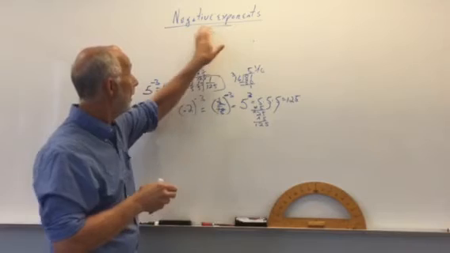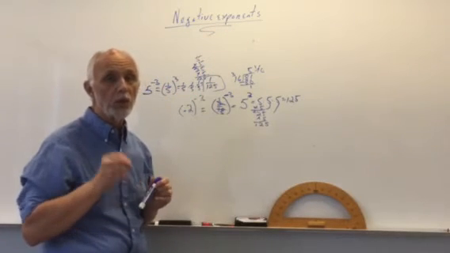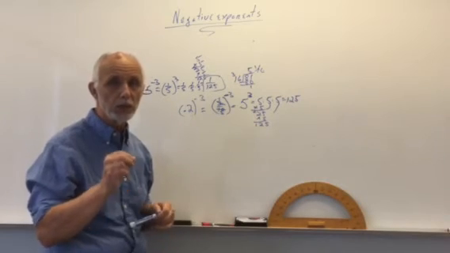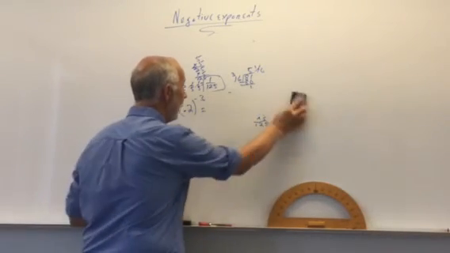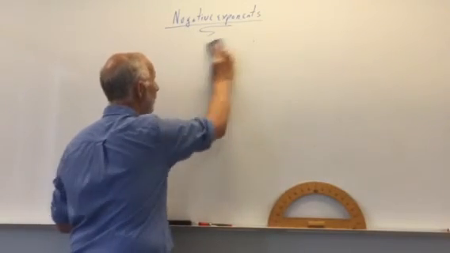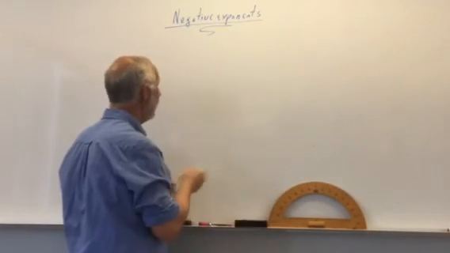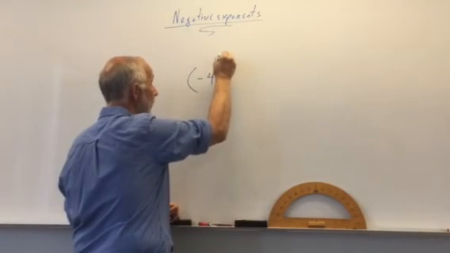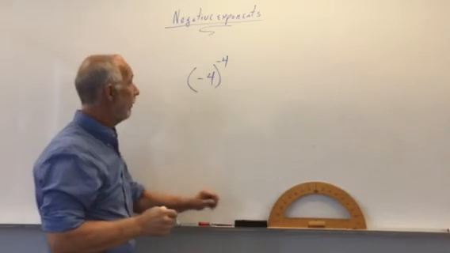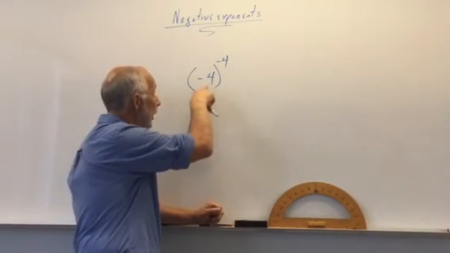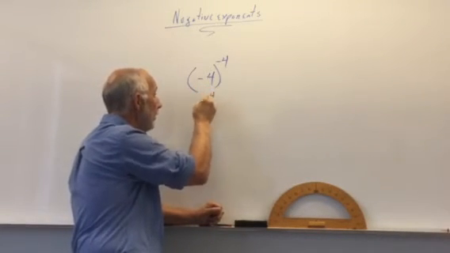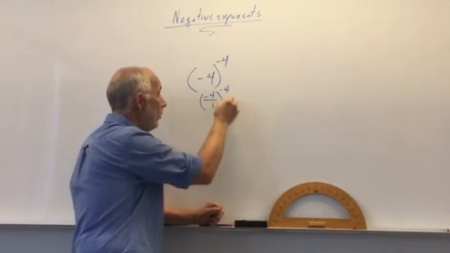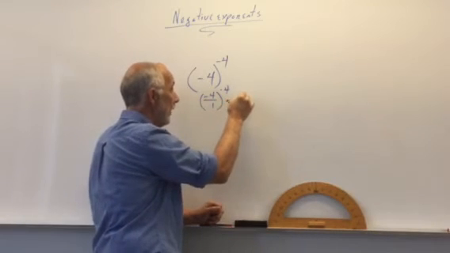But the key to all negative exponents is make sure you change the base number to its reciprocal and change the exponent to positive. By the way, the last kind I think you'd have to worry about, I don't even know if you have to worry about this, but if you had a negative base number, like a negative 4 to the negative 4th power. Now again, the first thing you would do is change a negative 4 into a negative 4 over 1 to the negative 4th power. Then you would change this to its reciprocal, which would be a negative 1/4